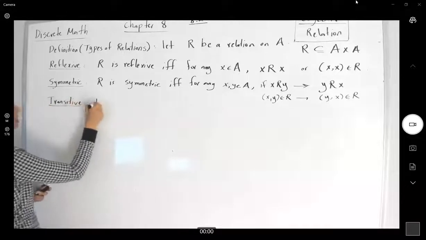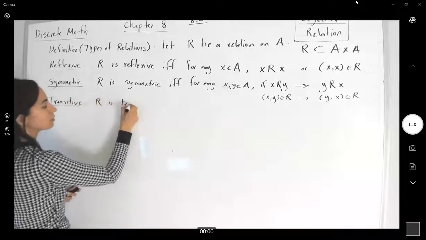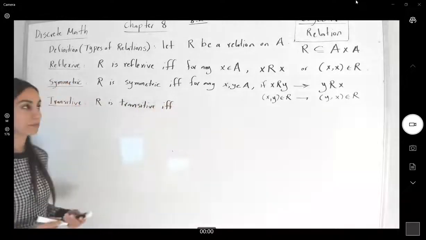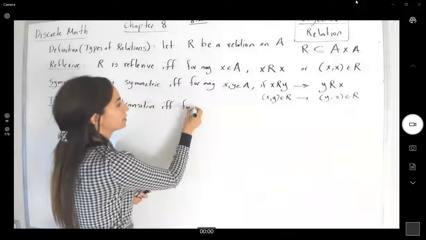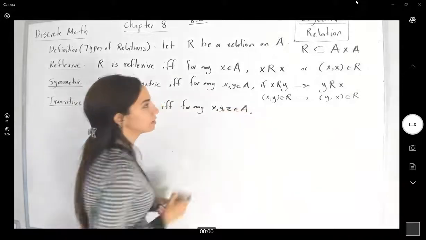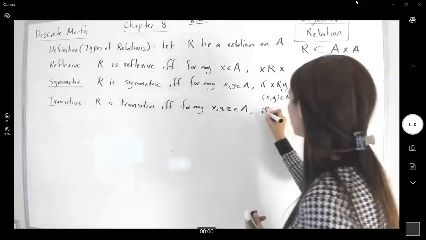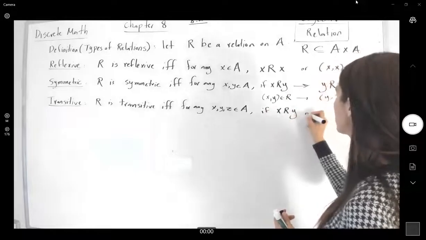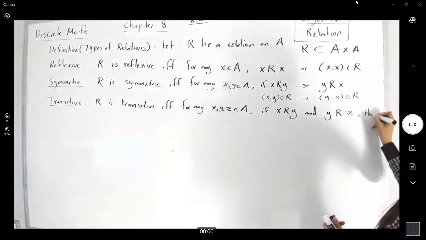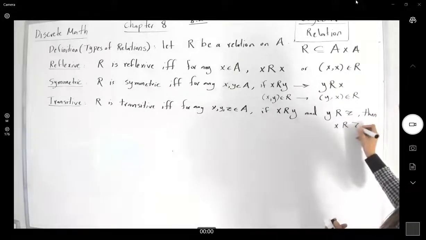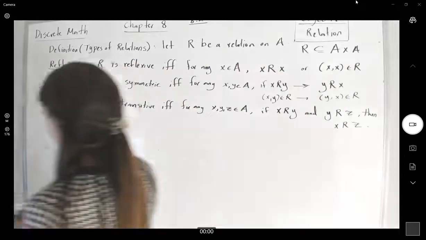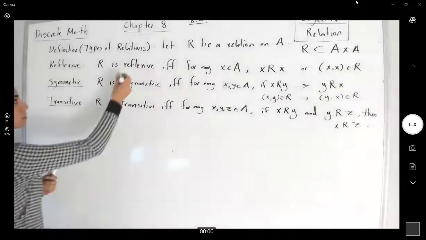Transitive relation. R is transitive if and only if for any x, y and z in A, if x is in relation with y and y is in relation with z, then you can conclude that x is in relation with z. Okay. Reflexive,